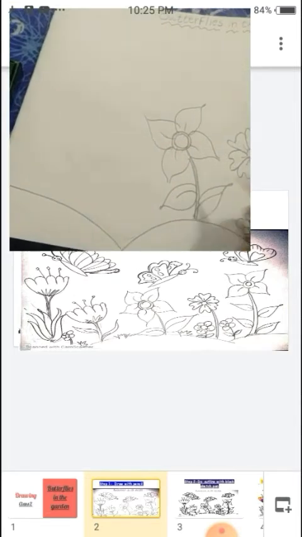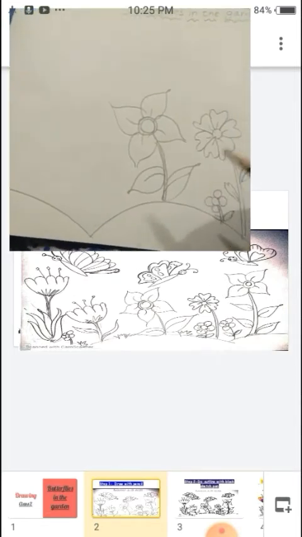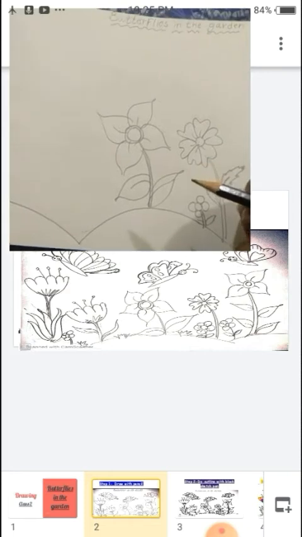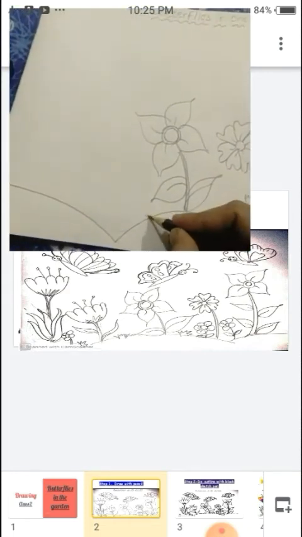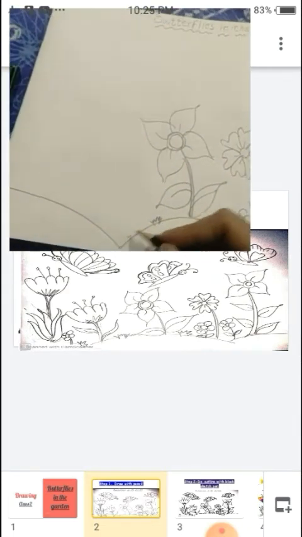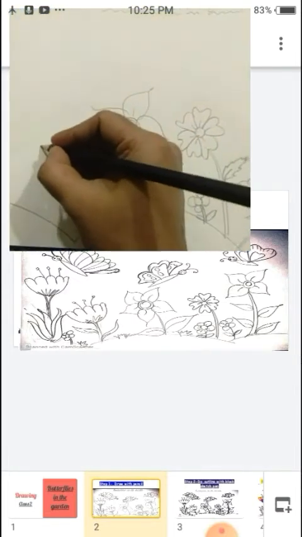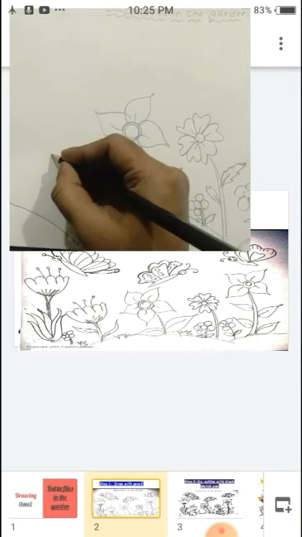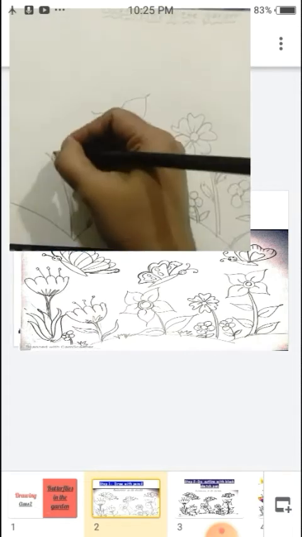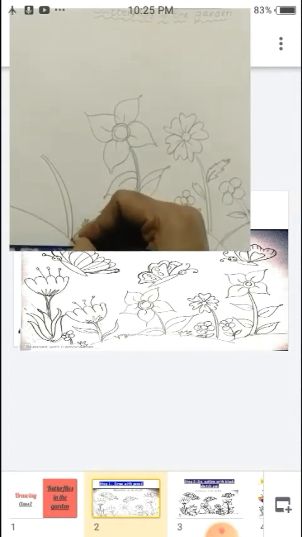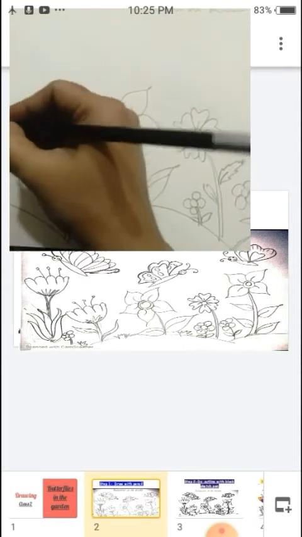Flower petals should be a little big, students, then only you can do coloring properly. Okay, then here small grasses. Okay, as you wish. Then I'm going to make here a little different flower. Okay, make a U over here.